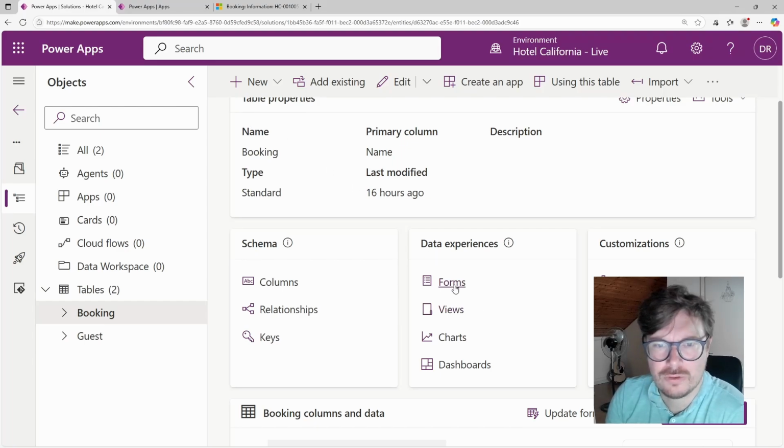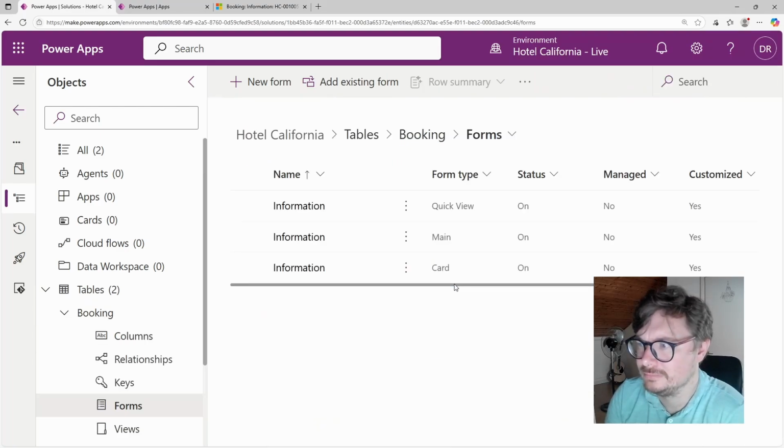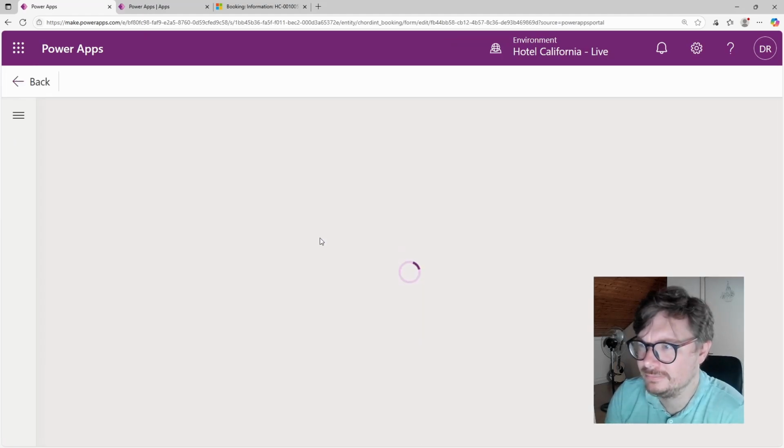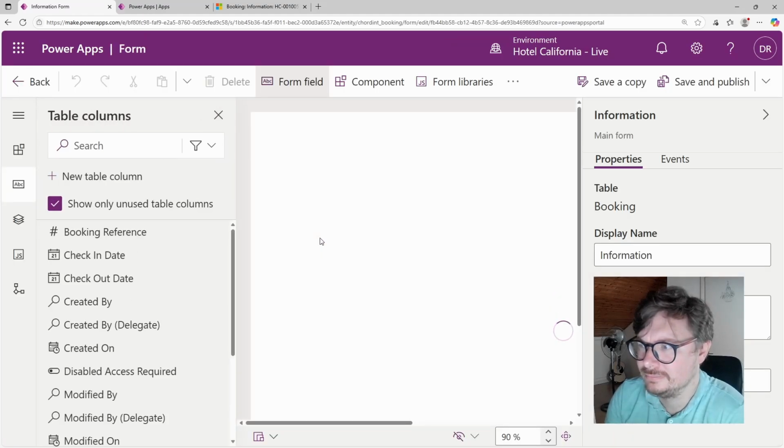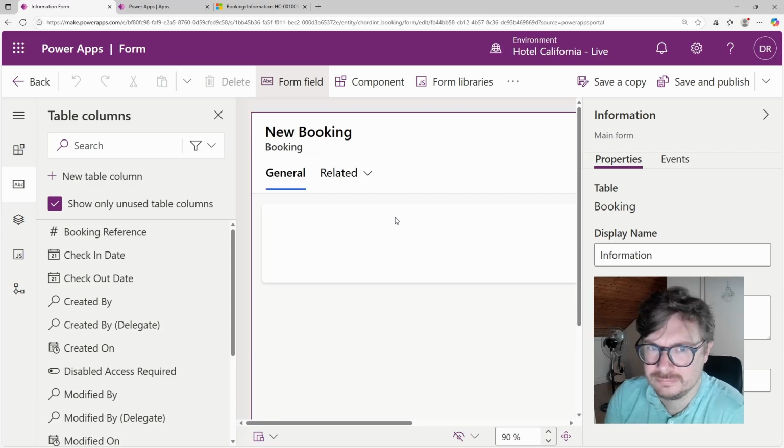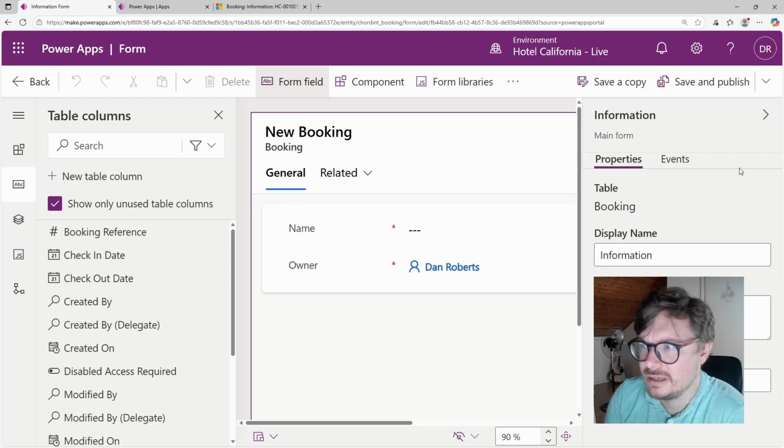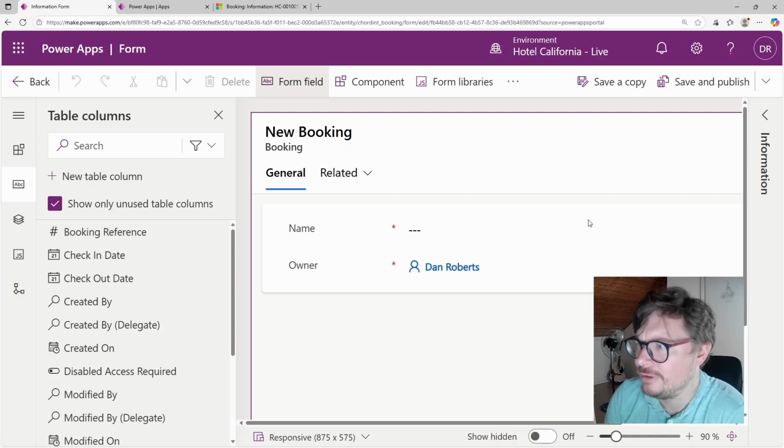So let's go to forms, information main. Get rid of this because, or should we keep it? Yeah, get rid of it for now. Yep. So